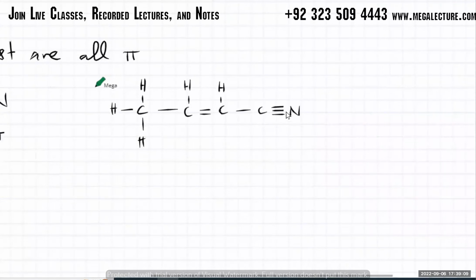So the first bond between any two atoms, that's going to be sigma. So this is sigma. This one is sigma. This one is also sigma. This one is sigma. ये भी sigma है. Double bond है, that's 1 sigma, and then there is 1 pi as well. यहाँ पे it's sigma. This one is sigma. This one is going to be sigma, and it's going to be 2 pi bonds. ठीक है, तो